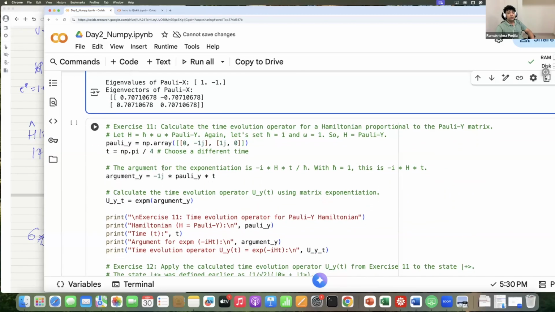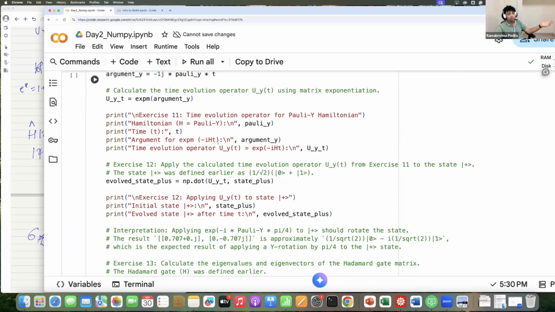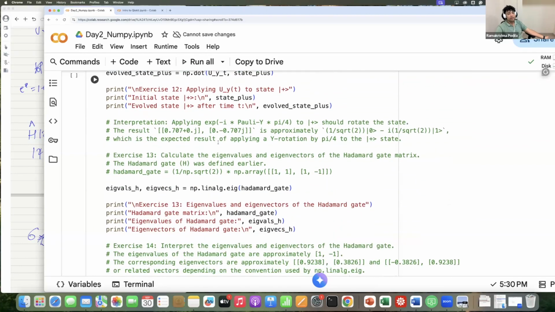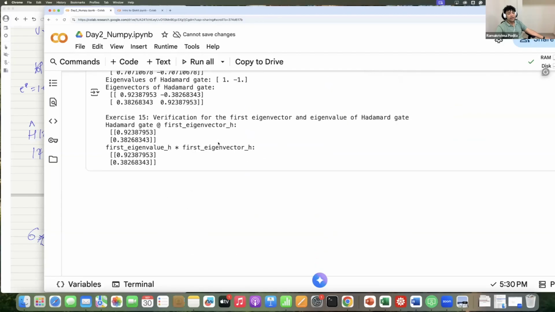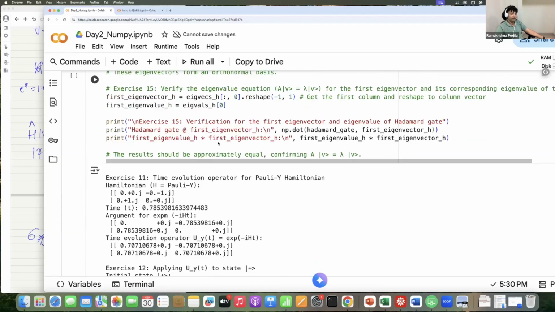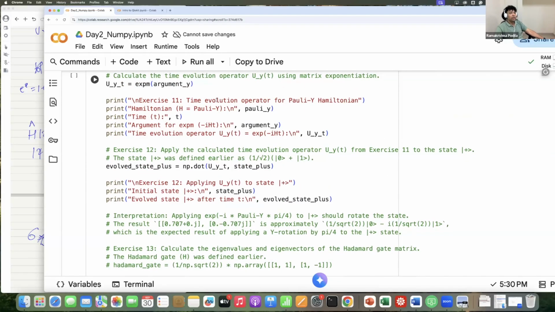Okay, and the next question, this is an exercise, is you can do the time evolution with the Pauli Y operator instead of the Pauli X operator. So try to go through this by yourself and see whether you're able to do these and understand how to use these different functions in NumPy. So that's a very quick introduction to various things that we are going to use in this course as we go along